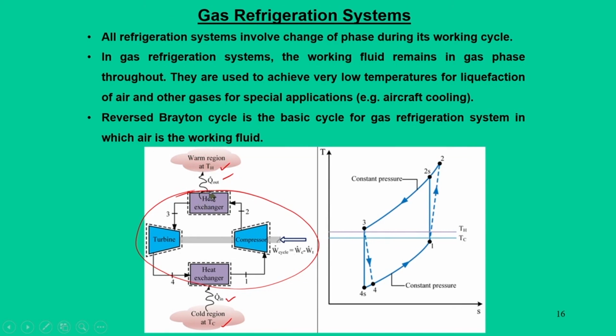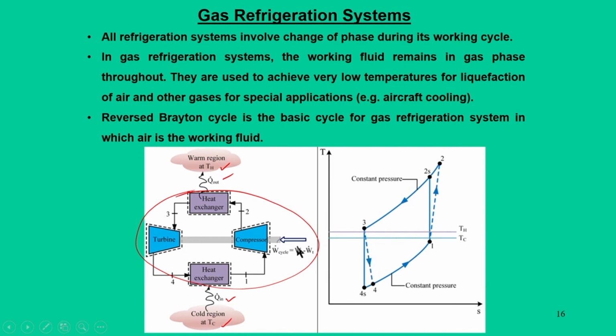So, heat is released from the air to this warm region. Now, the air that comes after this heat exchanger expands in a turbine, from which power comes out. This power is typically used to drive the compressors. Now, when it reaches 3, and 3 to 4